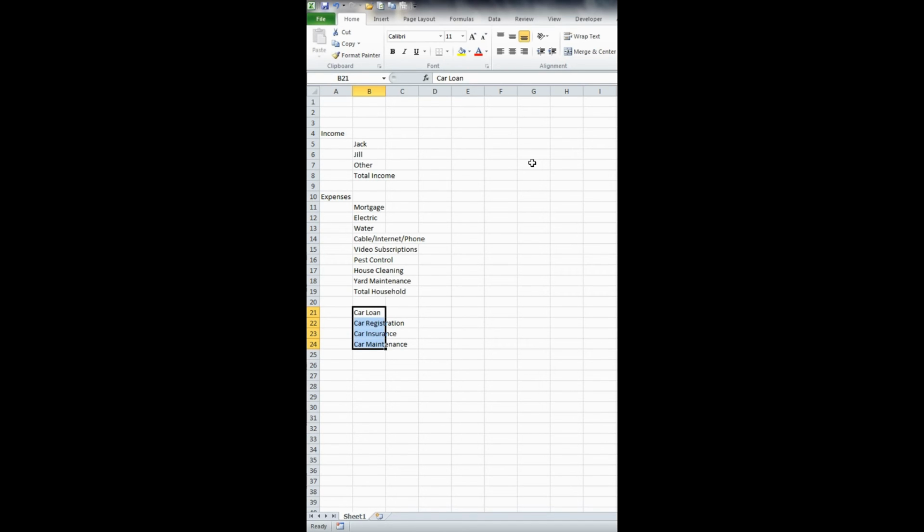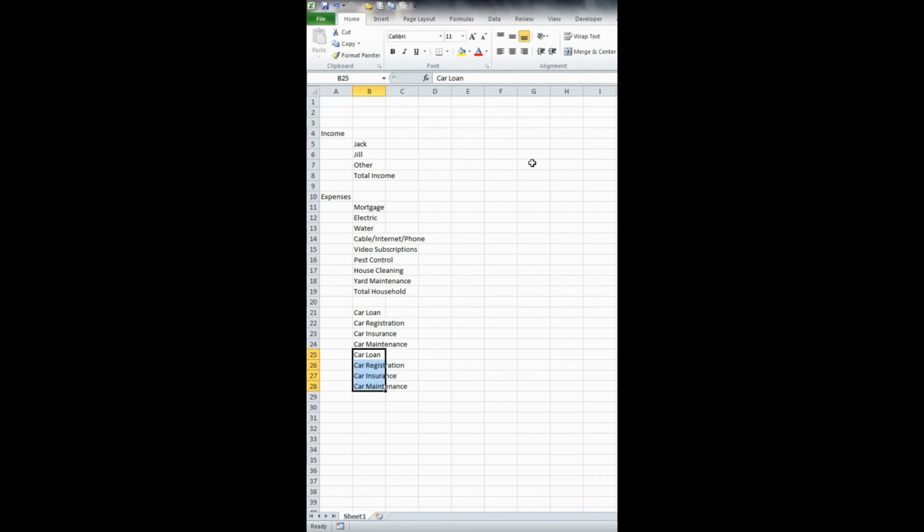Then I push Control C to copy. Then use your down arrow to go to the empty cell, and then I push Control V, which is a shortcut to paste. And then you hit your escape button, which is on your top left corner of your keyboard,